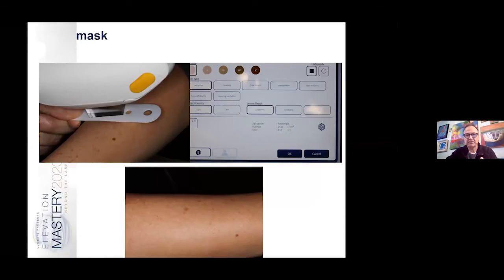Now, another way to do this, if you want to use the big crystal and you don't want to switch crystals, is you choose the lentigo setting, epidermis, and use a little mask. You can take a little plastic mask. You can buy these from different companies. You can make your own. And that way you can have only like a 6 millimeter hole or 3 millimeter hole. And that's another way to do low contrast lesions. So you can put that right on this little lesion here and pick that off without exposing the whole area